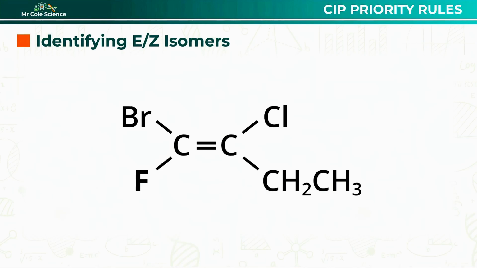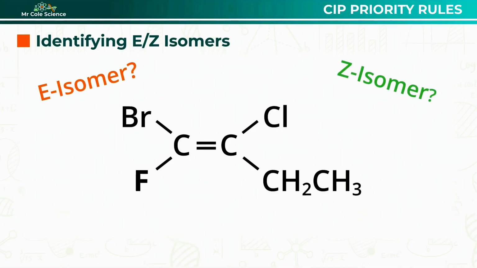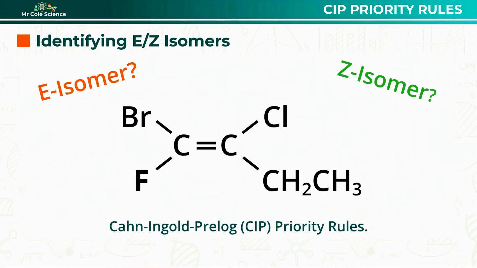Have a look at this molecule. You might already recognize that it can exist as both E and Z isomers. But here's the question. Is this particular arrangement the E isomer or the Z isomer? Well, this is exactly what we're going to be looking at in this video as we explore what the Cahn-Ingold-Prelog